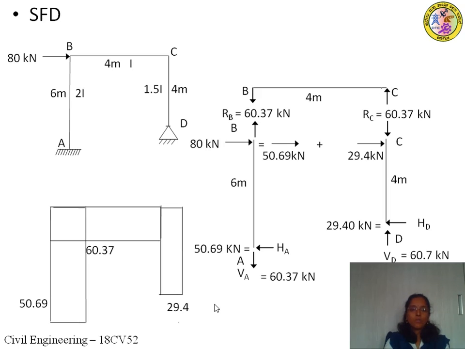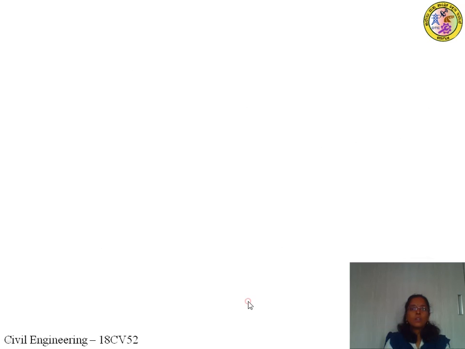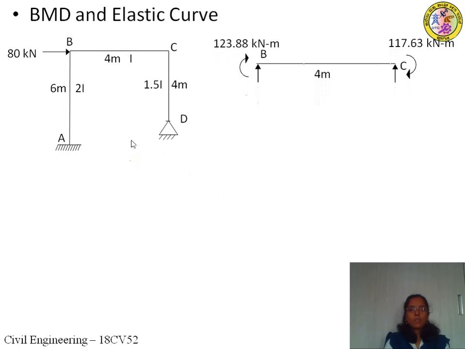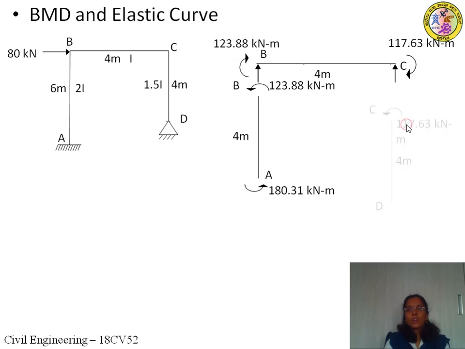So this is the shear force diagram, and these two are positive and this one is negative, okay. So this is the shear force diagram for the given frame. Next, we'll plot the bending moment diagram and elastic curve. To draw the bending moment diagram, consider the basic given structure along with the elements with end moments, okay. Use the thumb rules to draw the support moment diagram.